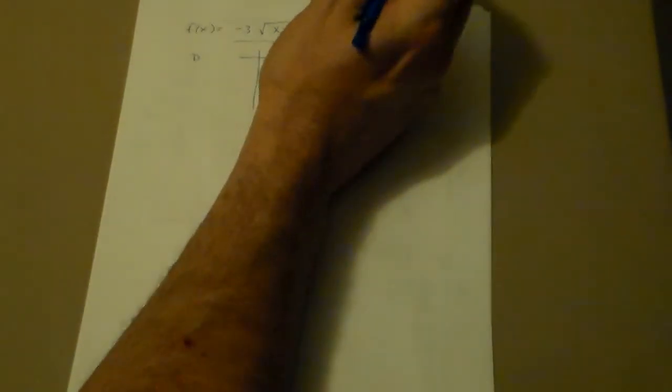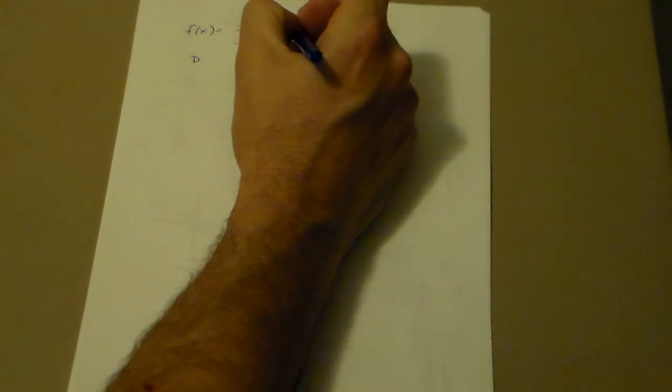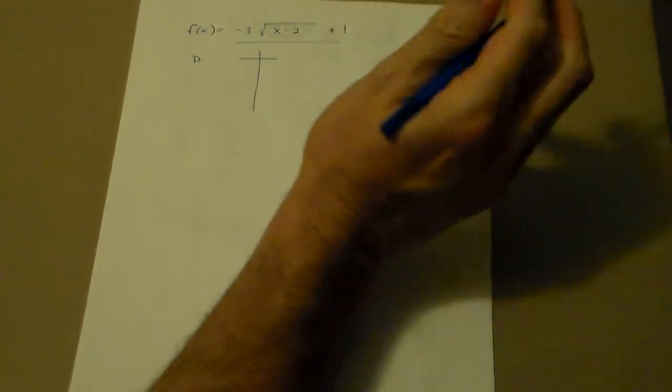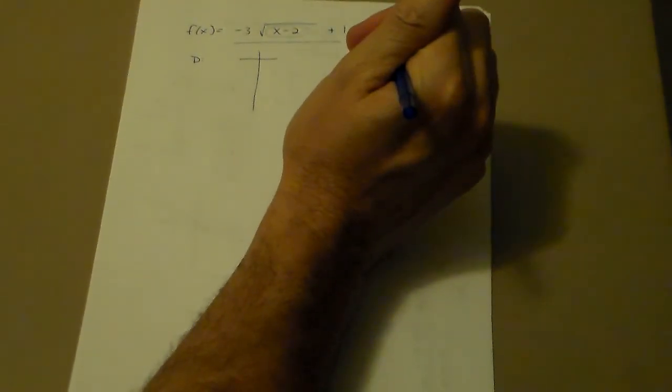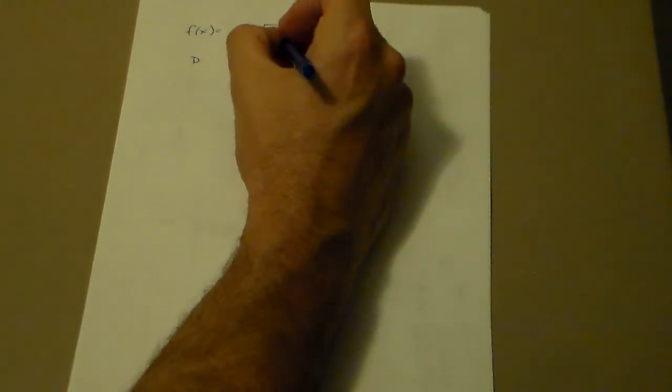Okay, so I hope you paused the video. Let's think of our domain. The smallest that the value underneath my radical sign can be, that I'm allowed to make that is 0. And by plugging in a 2 for x, that gets me that 0. So that's